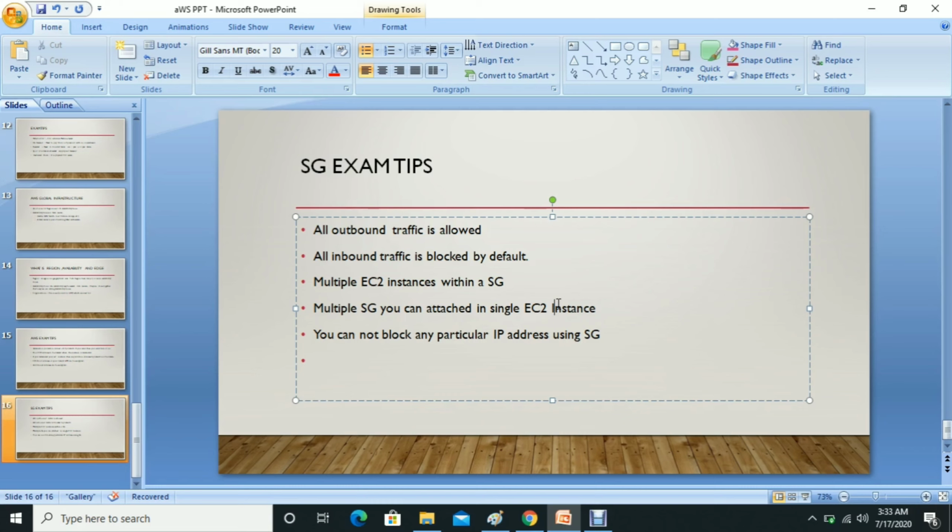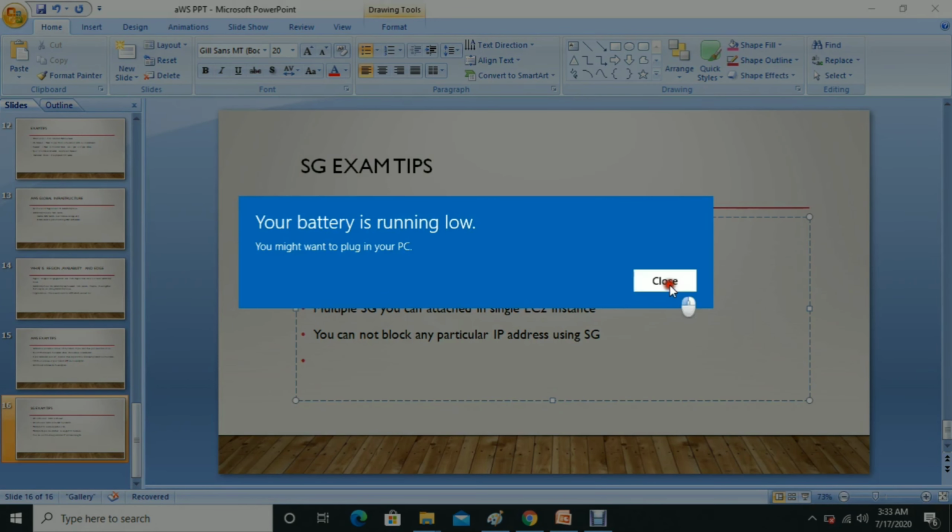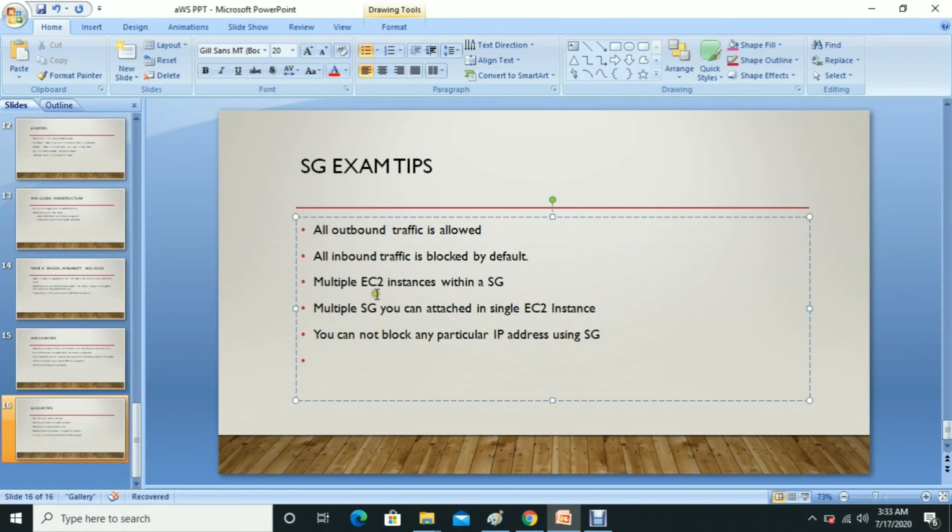Also, multiple EC2 instances can be within one security group. In one security group you can have multiple instances, and to one instance you can attach multiple security groups.